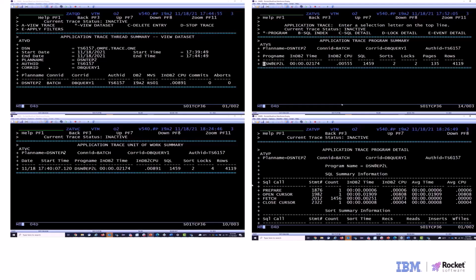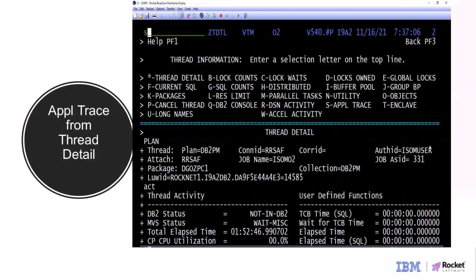Using that chart, starting with the application thread summary, I was able to drill down to the unit of work summary. From there, I was able to drill down to the program summary and also the program detail levels. Application traces can also be initiated via the thread activity detail screen by selecting option S. This concludes the